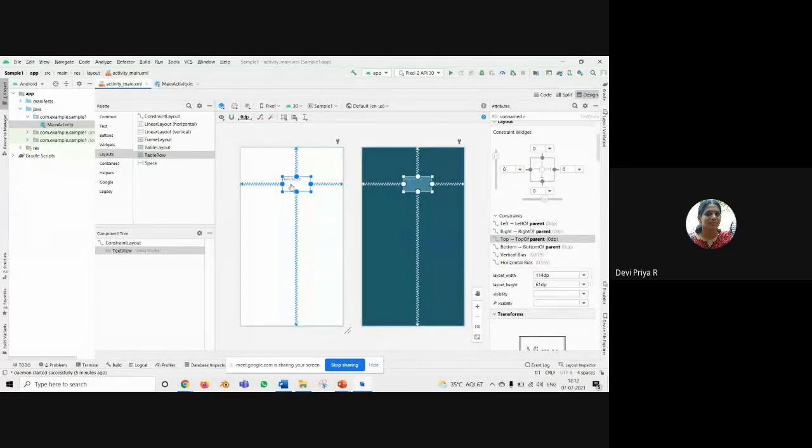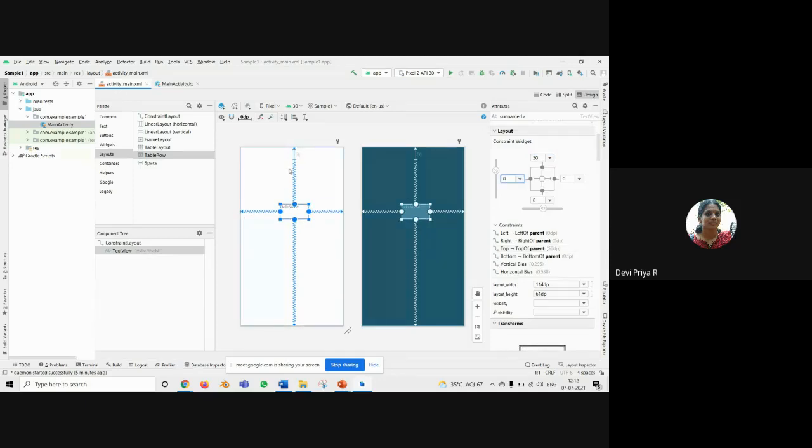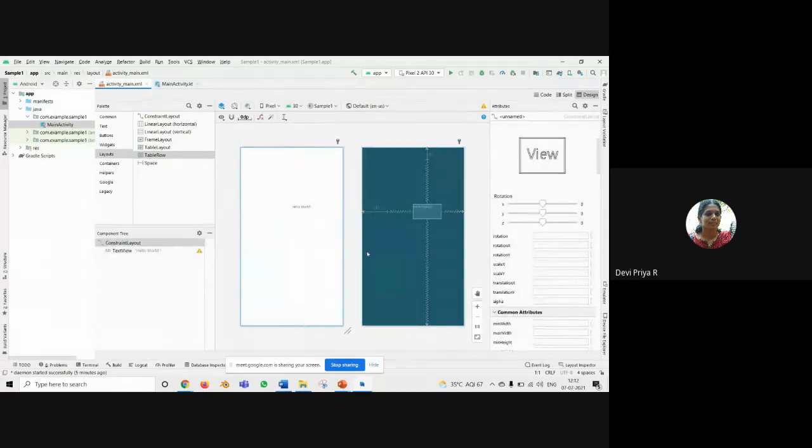Here by default, even though it appears here, if you're not setting this size, that means if you're not setting this position, when you're creating an object and showing it in an emulator, it will be only at the top of the page. If you want to exactly fix the position, you have to set the position here. Top margin, suppose I am fixing 50, and left, see how this is 50. And here I am setting it as 100. Likewise, you can set the position.